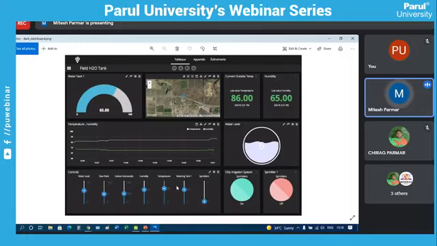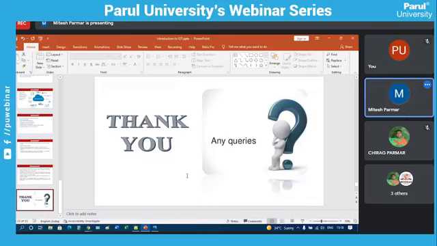And day by day, this IoT technology increases, and day by day there are innovations in this IoT technology, and there will be many more innovations in this IoT field. So that's all from this introduction to the IoT. I hope all of you understand the basic concept of this IoT,